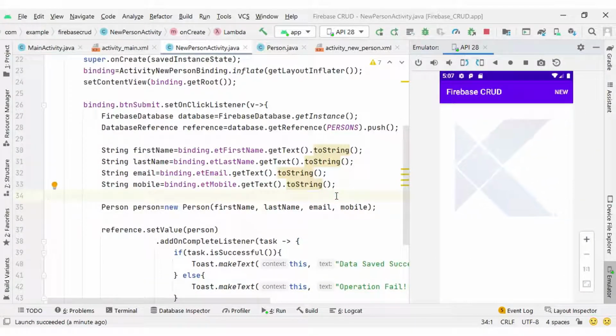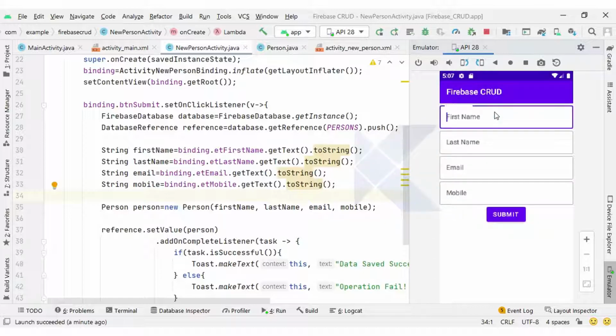So guys, here you can see our application runs successfully. If I click on new, our new person activity gets open, and for the person name, suppose I type Mitesh.